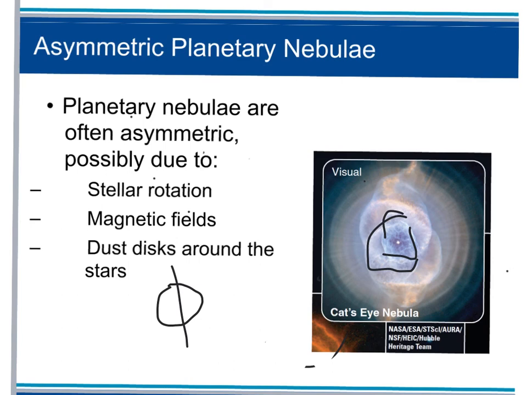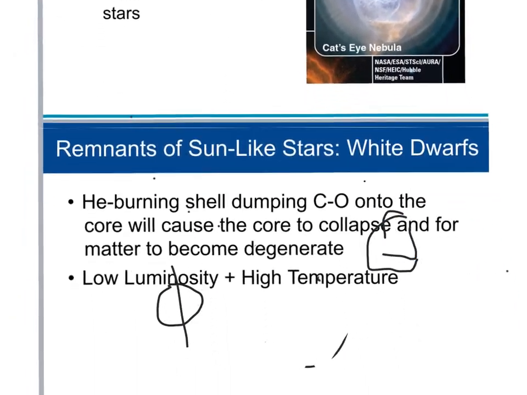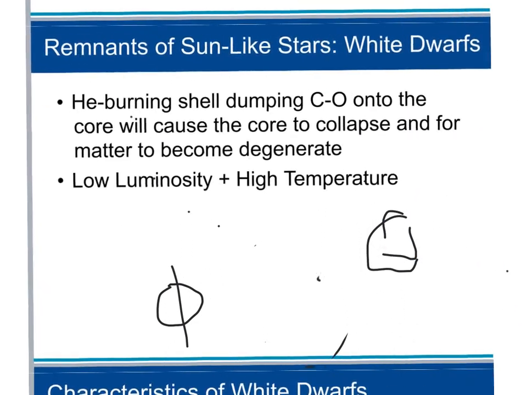And that happens when planetary nebulae are asymmetric. The white dwarf is rotating and has a magnetic field and a swirling disk of dust around it that could disrupt its physical shape and interfere with maintaining a symmetric pattern or shape. So the characteristics of white dwarfs, the degenerate stellar remnants, are that they are carbon and oxygen. White dwarfs are extremely dense.